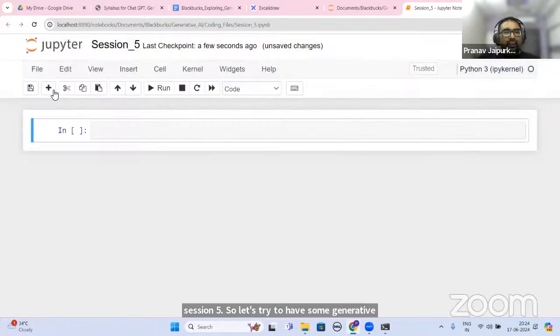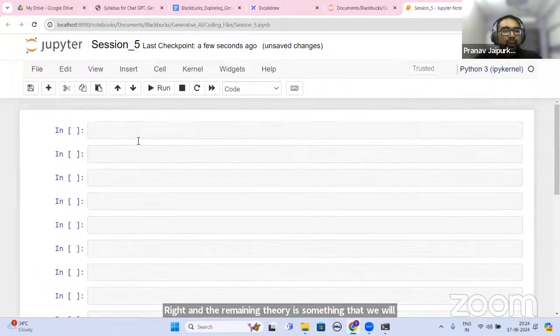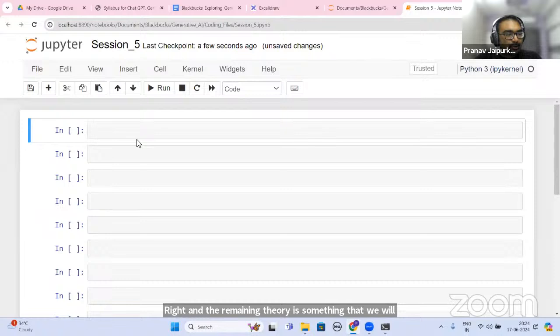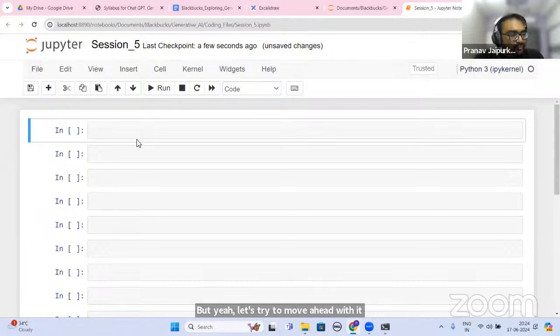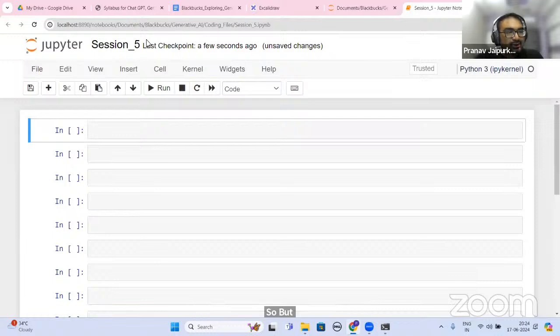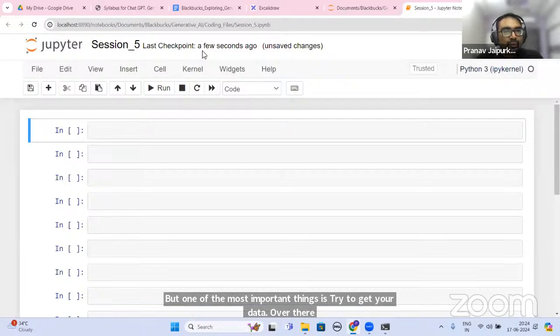The remaining theory is something that we will cover in the next session. It's not that I'm skipping that part, but let's move ahead with it. One of the most important things is to get your data over there. So, let's do the live coding.